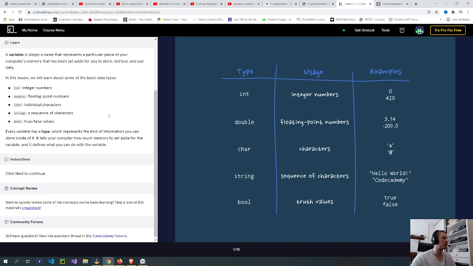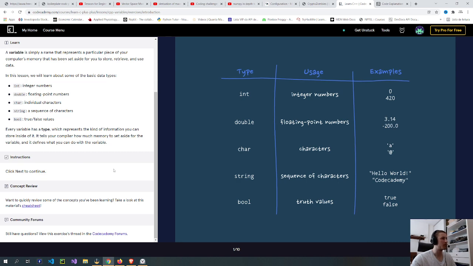Double, floating point numbers. Char, individual characters. String, a sequence of characters. Bool, true and false values. Every variable has a type, which represents the kind of information you can store inside of it. It tells your compiler how much memory to set aside for the variable, and it defines what you can do with the variable. So it's pretty much like the other languages.